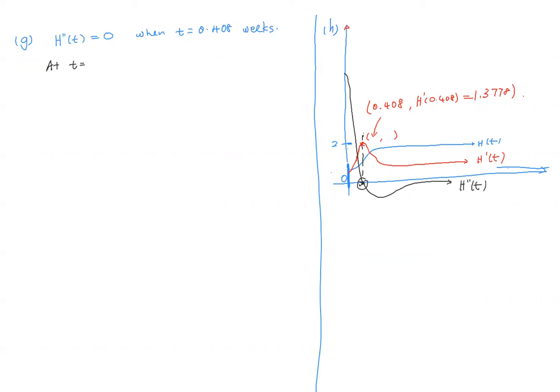Answer part G part 2. Oh, okay. At t equal to 0.408, the rate of change of height is